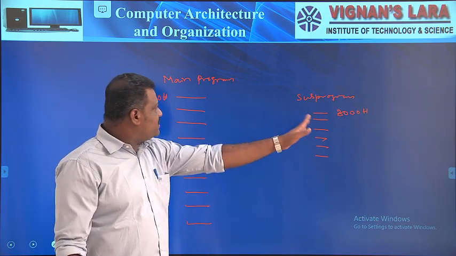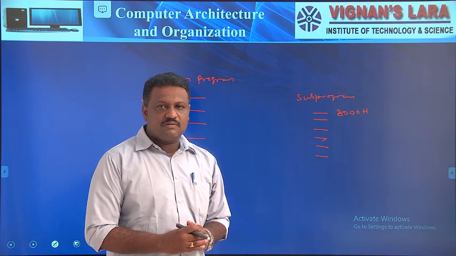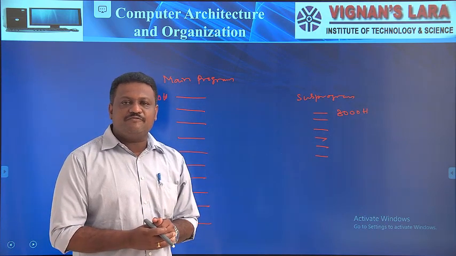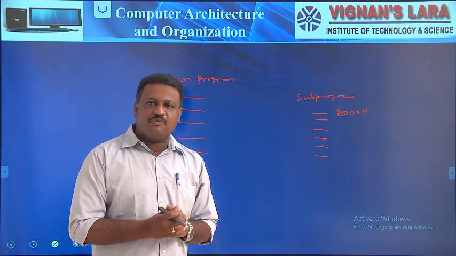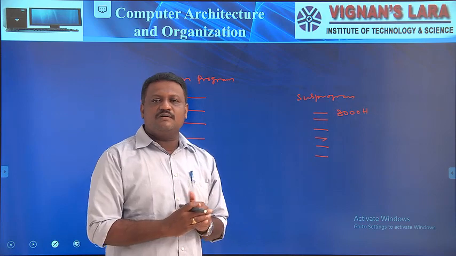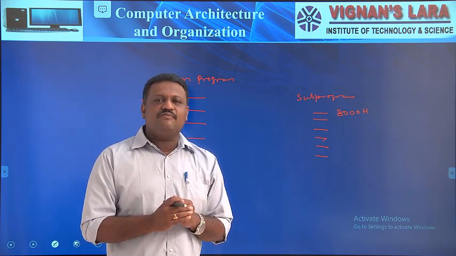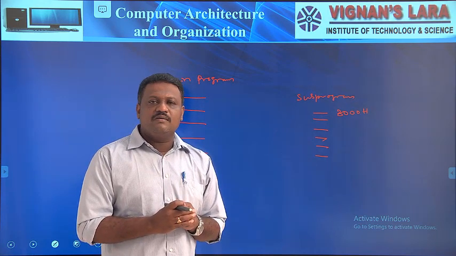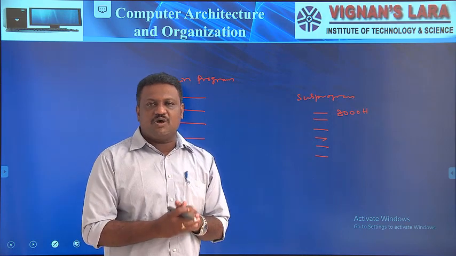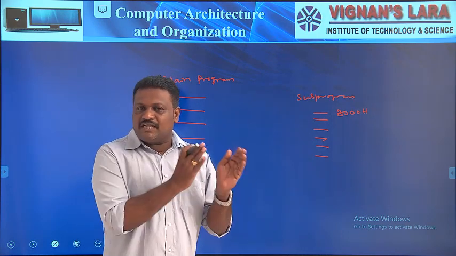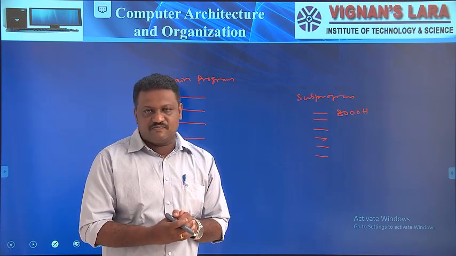We know that the subprogram is a part of the main program. We write subprograms in order to reduce the memory requirement for our program. How can we reduce the memory requirement? By writing a subprogram separately from the main program. A subprogram is a routine which is used to do a specific operation or task. That task will run in our main program a good number of times.